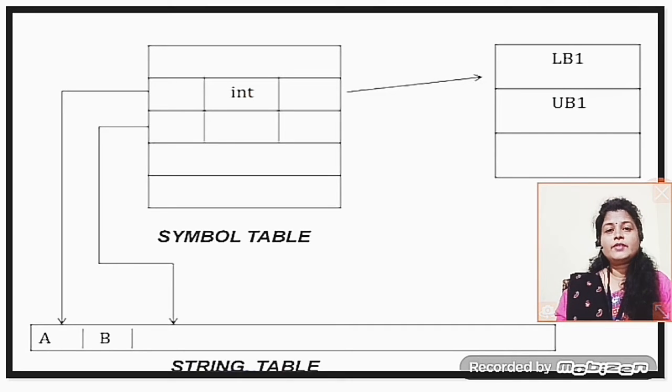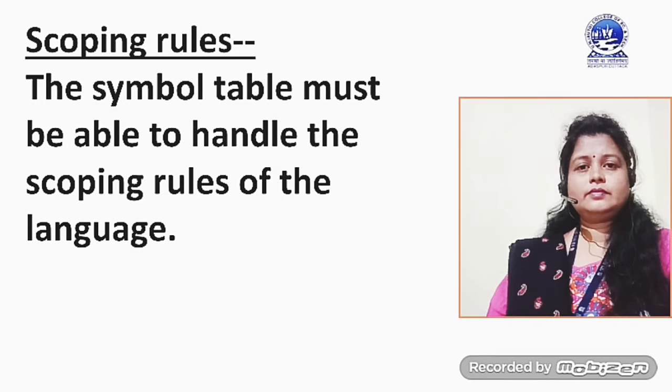Here I have used one diagrammatic representation of how the pointer is used and what is the meaning of string table. Already we have mentioned that a character array, or set of characters, is used, which is called a string table. The symbol table is used to store all the information, but in case of extra information we are using one extra memory location, and the pointer is mentioned in the symbol table.